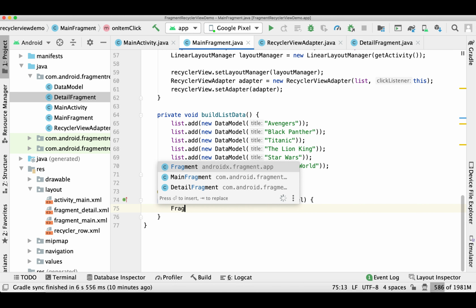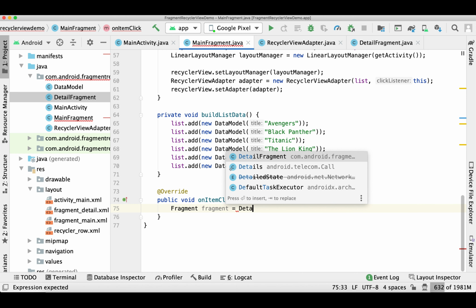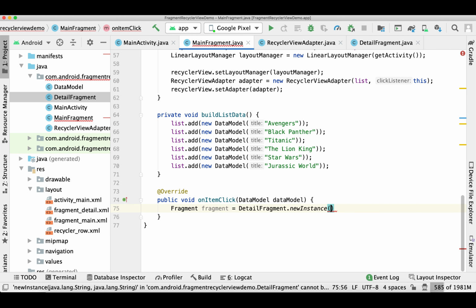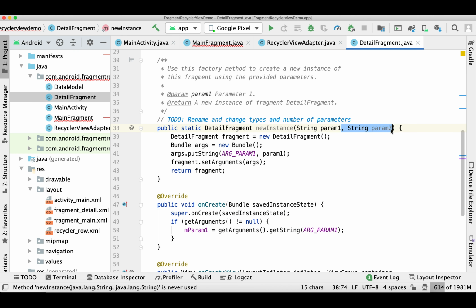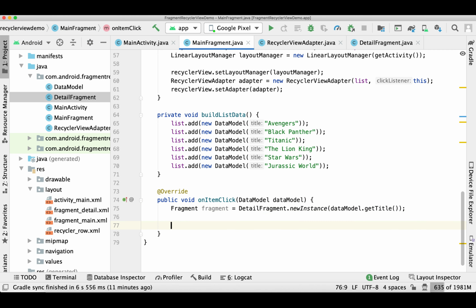Now on the click of this recycler row item, we need to add that new fragment, that is the detail fragment. So let's see how it's going to work. And this is how we pass the data into the fragment.